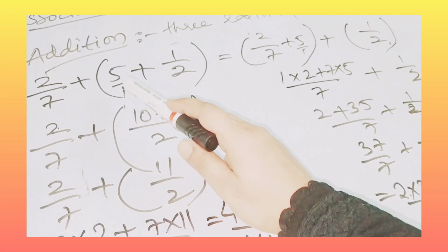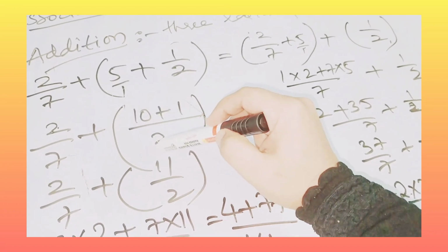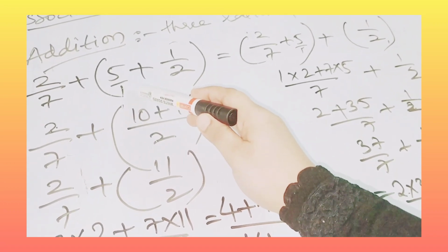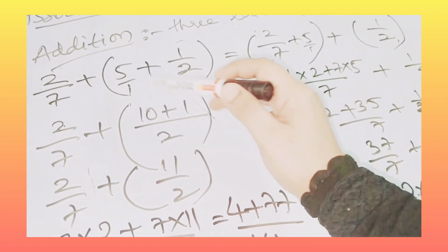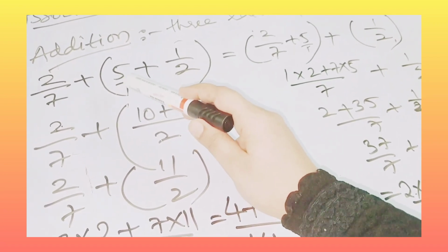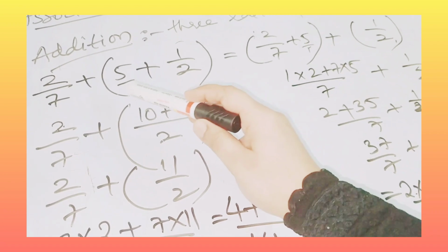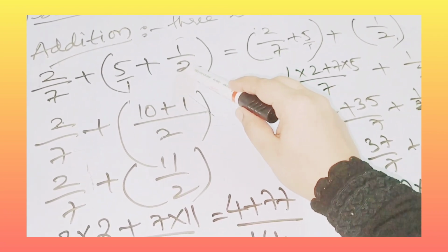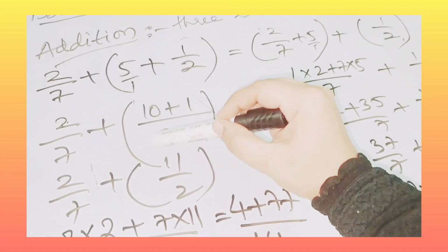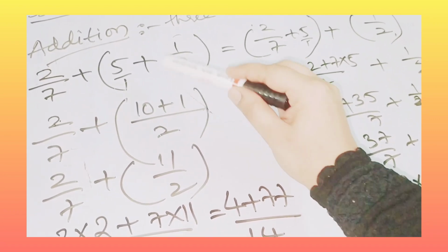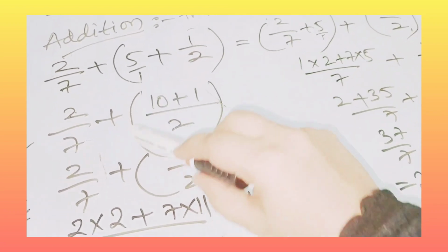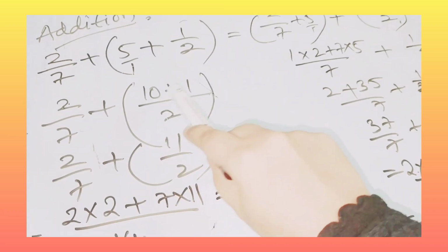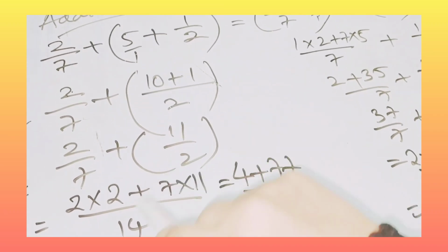Again, what you have to see, how many times this 2 goes in one table, or you can directly multiply it. Okay, here 1 is there. If 1 is there, you can directly multiply it. Okay, 1 2s are 2, 2 5s are 10, plus here 2 is there, here 2 is there. How many times 2 goes in 2 table? It goes 1 time. 1 into 1 is 1. Okay, 2 by 7 plus 10 plus 1 is 11, 11 by 2.